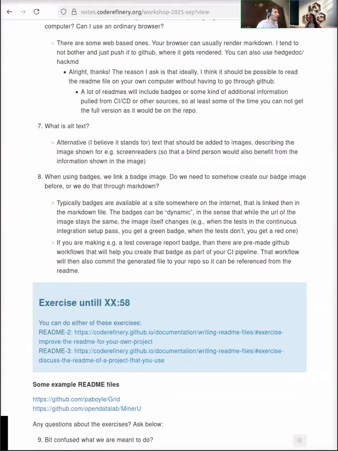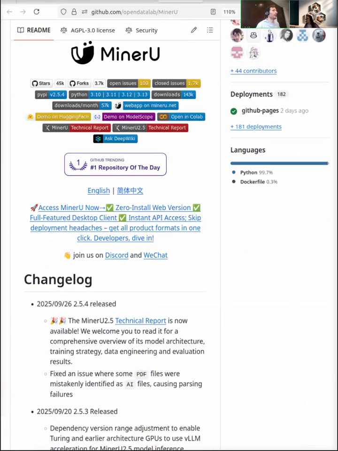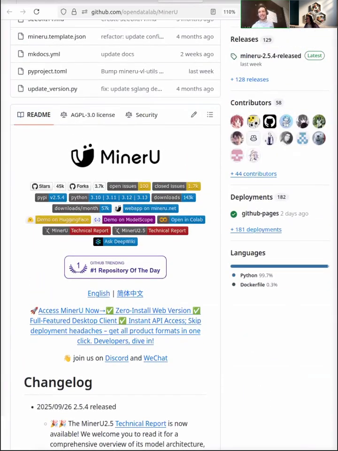Regarding the exercises, let's have a look at this README file. Okay, this is an example that Tian Yu has found, and I think it's an interesting one. What would you say, Tian Yu? Yeah, I would say about